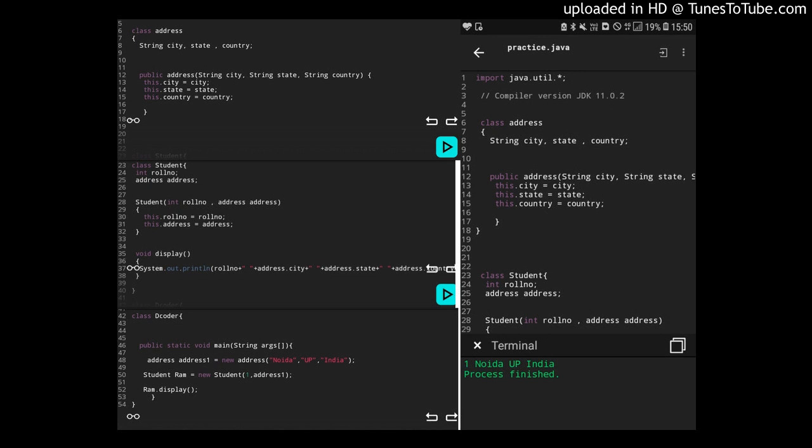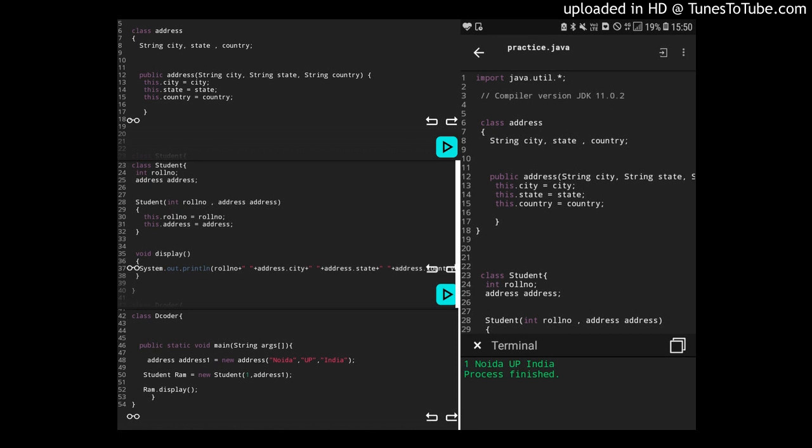Now there is another topic called aggregation. In aggregation, it is also useful in code reusability. Let us see how. Suppose we had one class and there is one instance variable in it, say of integer type.